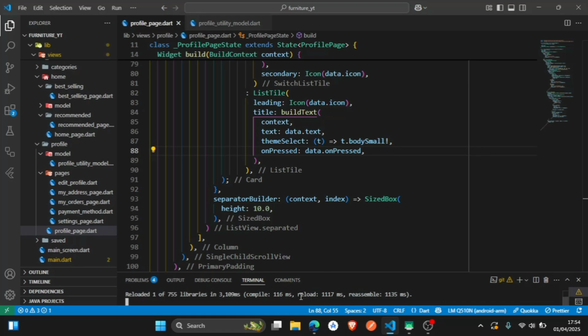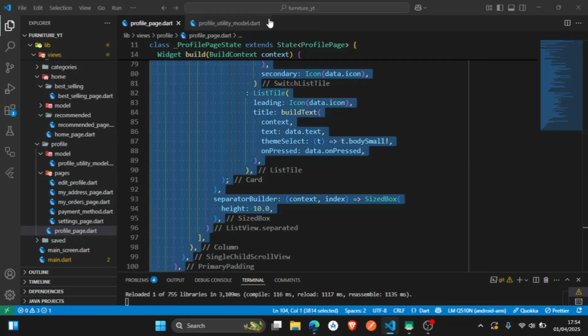Yeah, if I click on this tile, I am routed to the edit profile page. So here you can see the text field, the save button. Okay, so the UI of this edit profile has been fixed. Now we have to make the UI of this payment method. For this payment method, I think we can simply copy the UI of